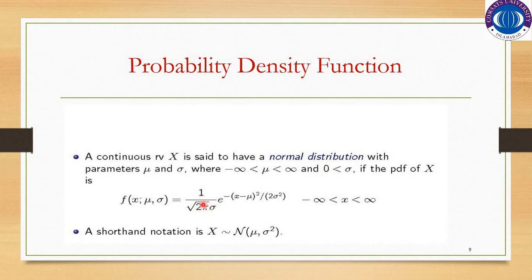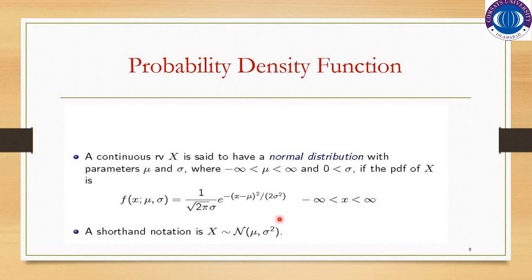This sigma is outside this under root, e raised to power minus x minus mu whole square over 2 sigma square, where this is the range of the random variable x, which is from minus infinity to